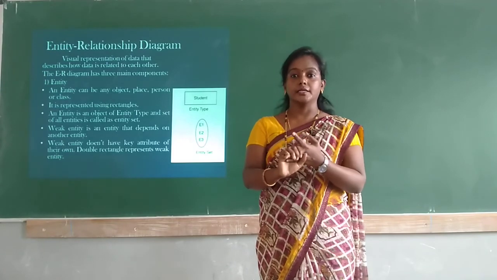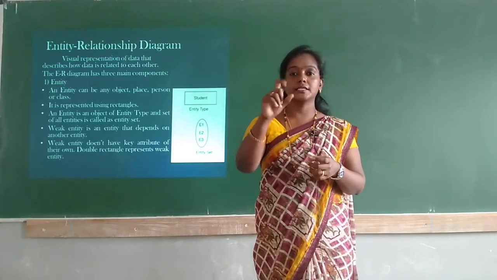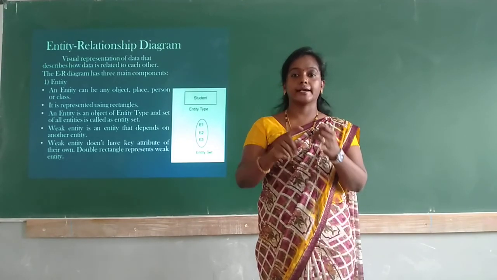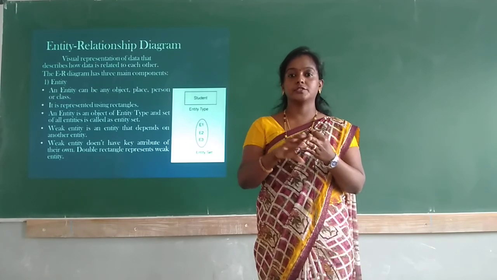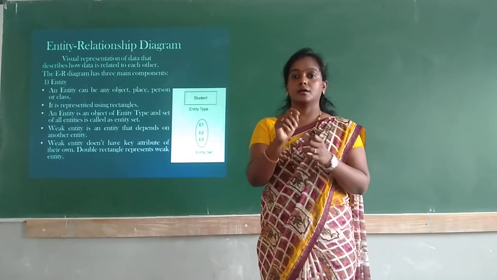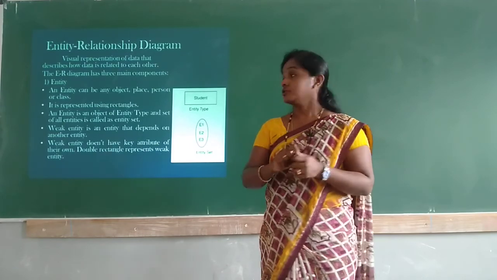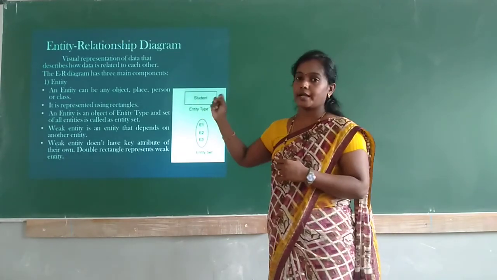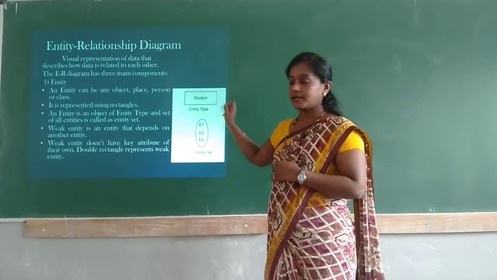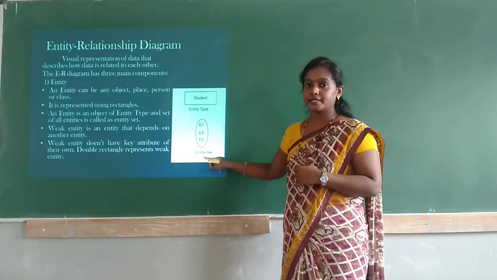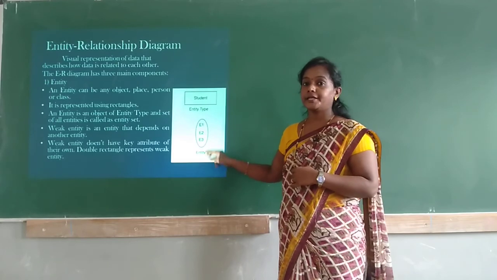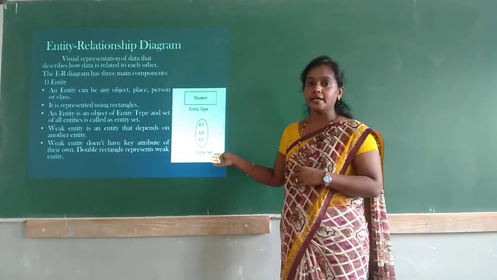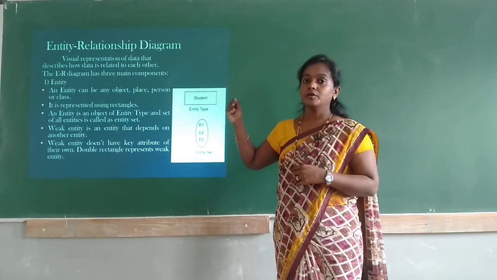A person or anything. If for example you have a chalk, that is an object. We can store the data of that chalk, like color, length, diameter of that chalk. So this is how we can define the properties of that chalk. So that is an entity here. It is represented using a rectangle, and here we have an entity set. That means the values of the entity are grouped together, and we call that an entity set.